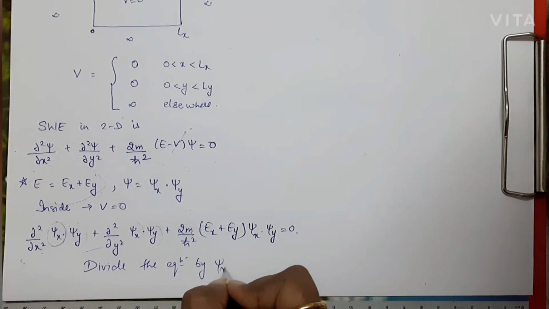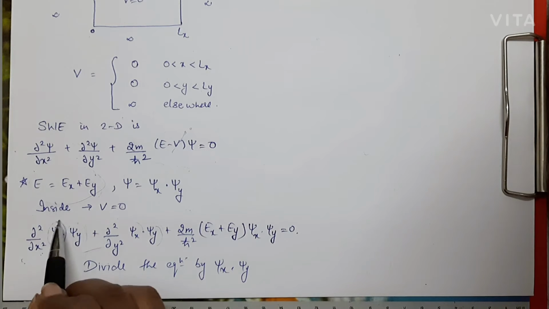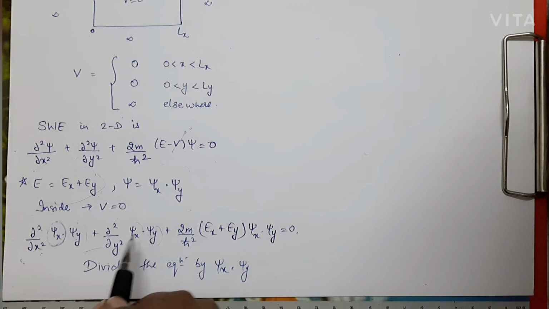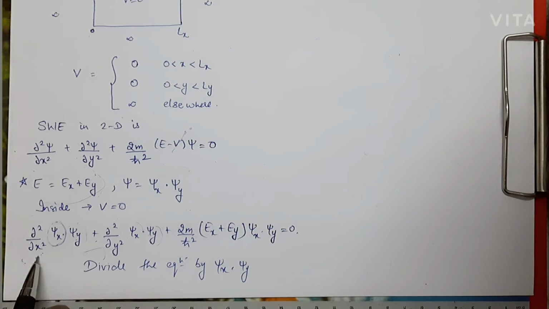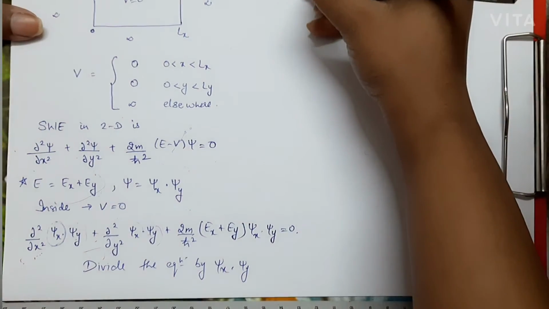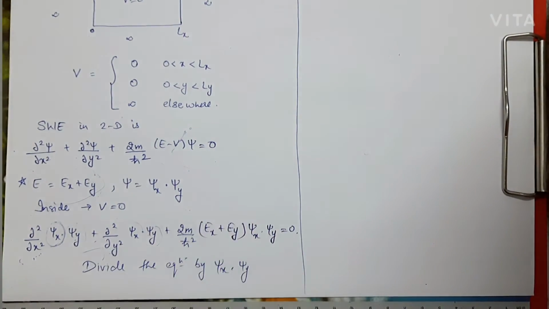Remember, here it is going to get multiplied by psi x and psi y will remain outside. Here it will be multiplied by psi y and psi x will be outside because it is partial differentiation, derivative of x and derivative of y, right? So now after doing these two things, what you are going to get is